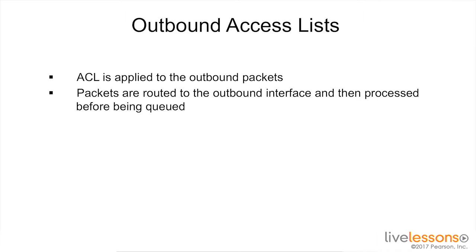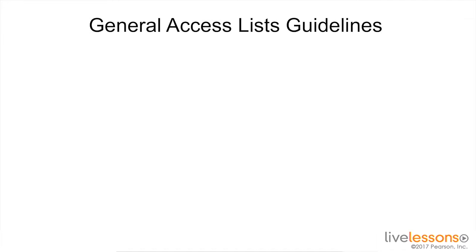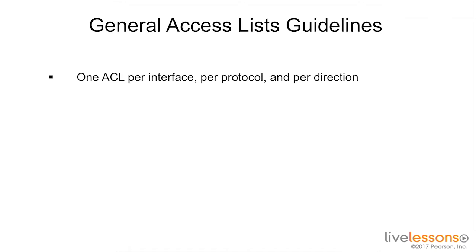In order to have the most effective use of your access list, there are several general access list guidelines you should follow. First, there should only be one access list per interface, per protocol, and per direction. Secondly, the more specific conditions in your access list should be near the top of the access list. That way the packets don't match on a more general rule before they have a chance to hit the more